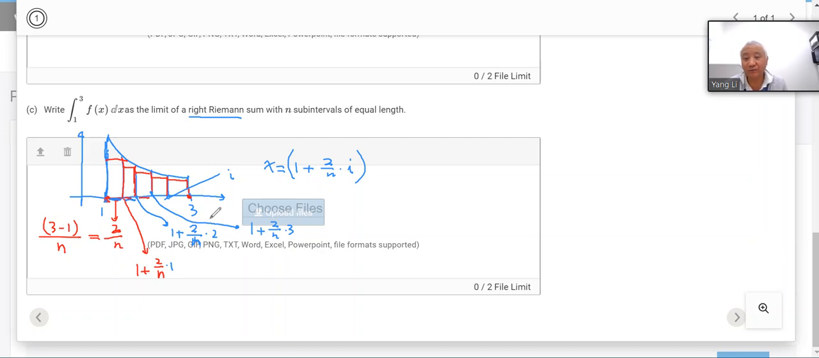If you want to find the function value of the height, for example this height, how high should it be? It should be f of 1 plus 2 over n times 1, because the x coordinate is 1 plus 2 over n times 1. And then you use f of that, which means this height. In general, for any height, we're talking about the ith, okay? For example, this is the ith